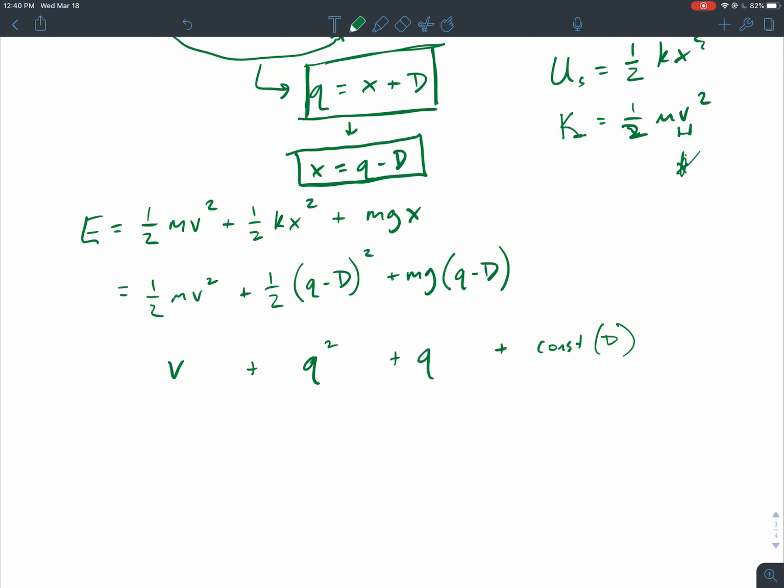So we've got to algebra this out. This part's just kind of tedious: 1/2 mv squared plus 1/2 k times q squared minus 2qd plus d squared, plus mgq minus mgd